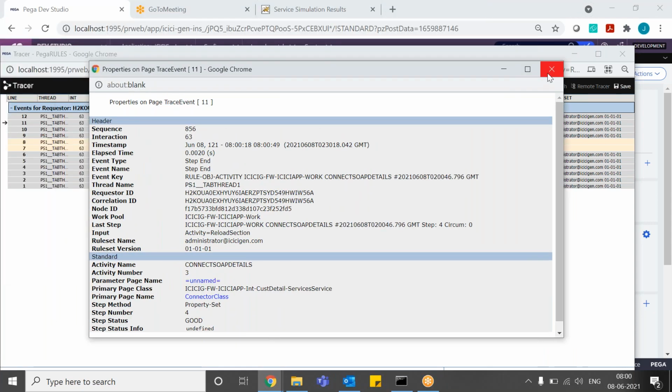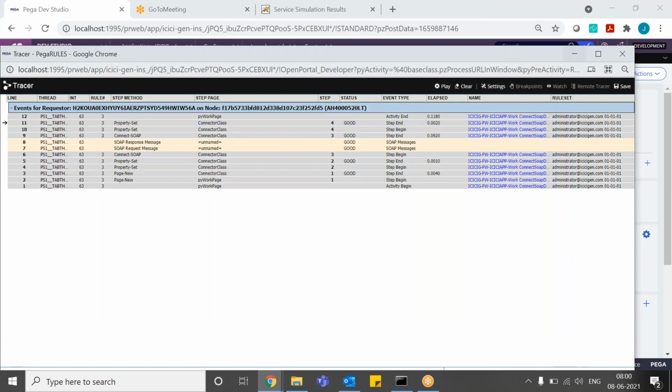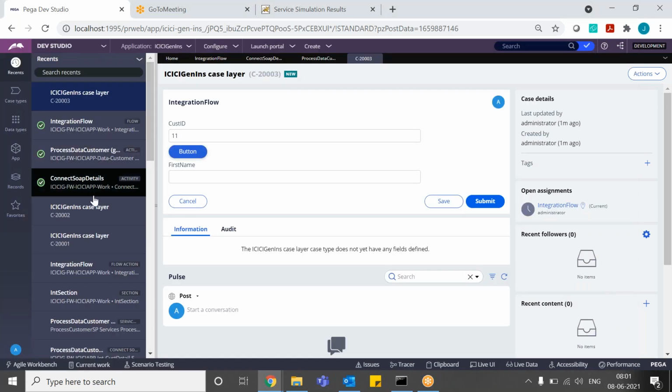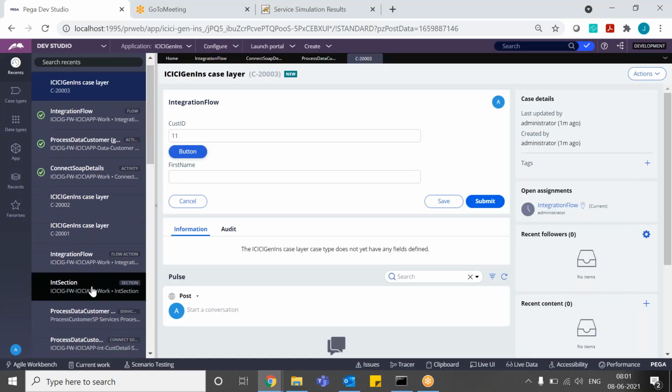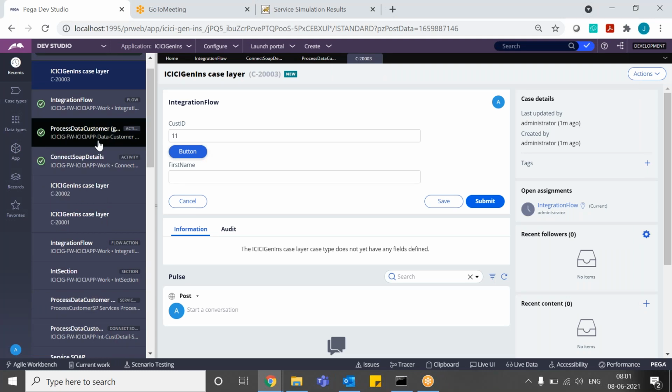Okay, run the connect soap connector individually. Close the tracer. Open the connect soap. Connect soap or service soap, sir? Connect soap.